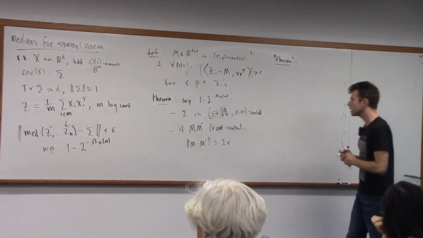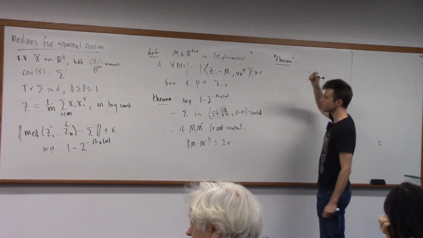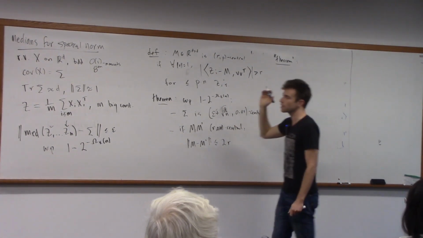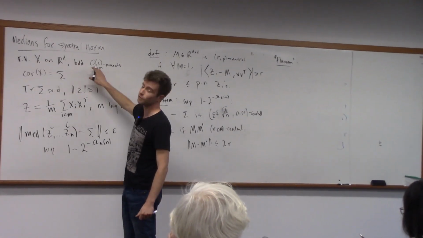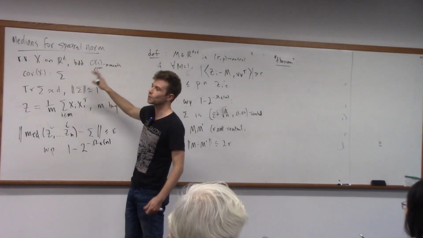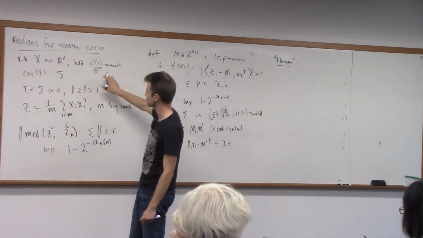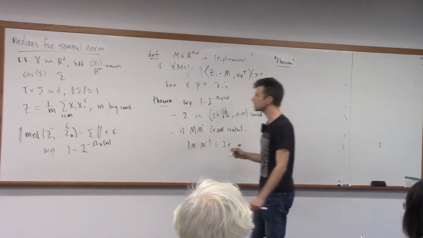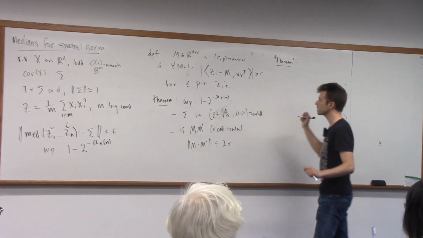In this setting, you have to make an additional assumption on the random vector x, which is that it's what's called certifiably hypercontractive, which shows up a lot these days in the algorithms for high-dimensional statistics literature. Under some additional assumption on the 8th moments of x, still the 9th moments might not exist,